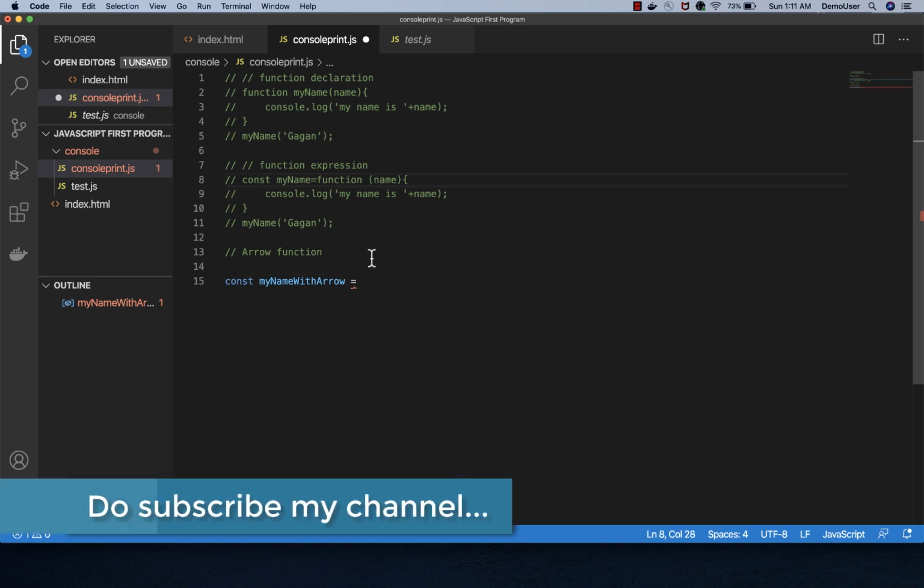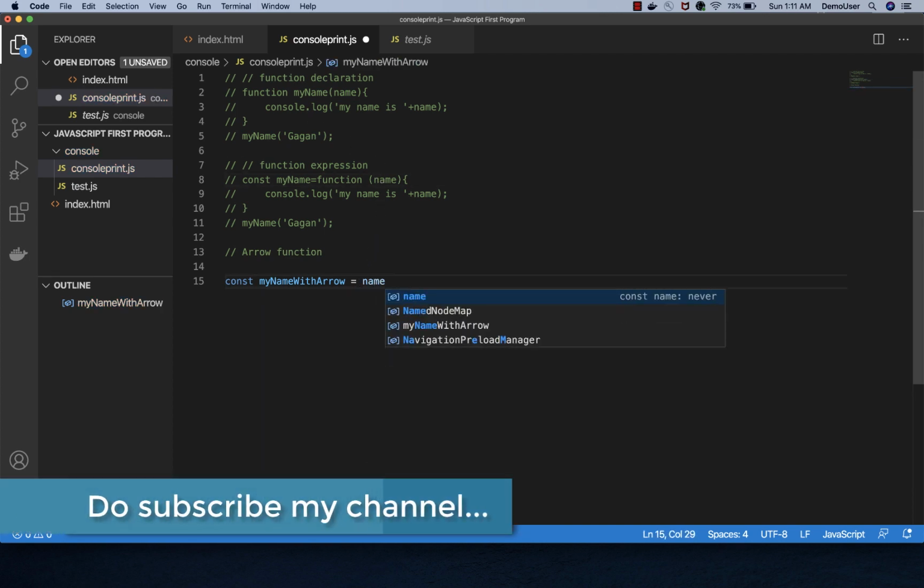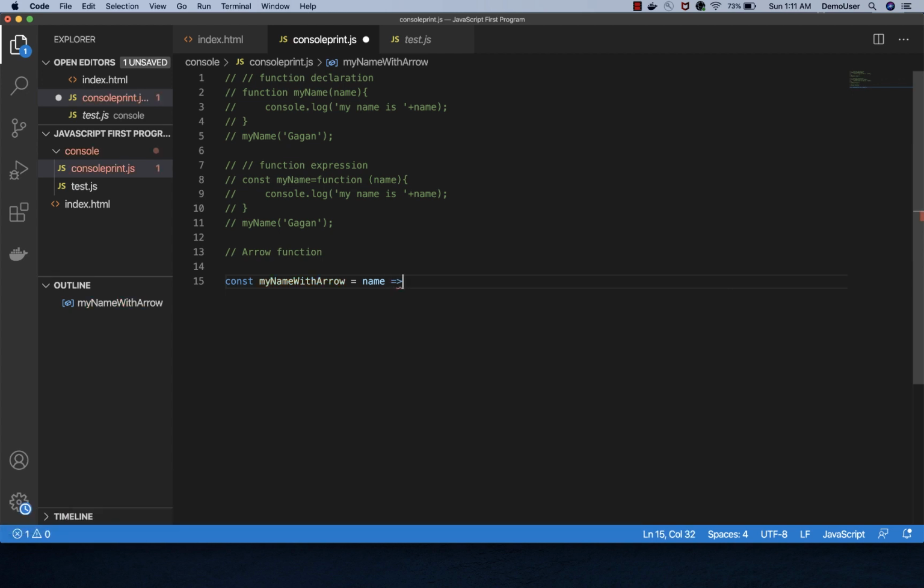So I will give, let's say, a name as name, that's the parameter name, and I have to provide a arrow symbol over here, and then we have to provide the body that is something like this, and save it. And now I can call this particular method or the function by providing the name here and save it.